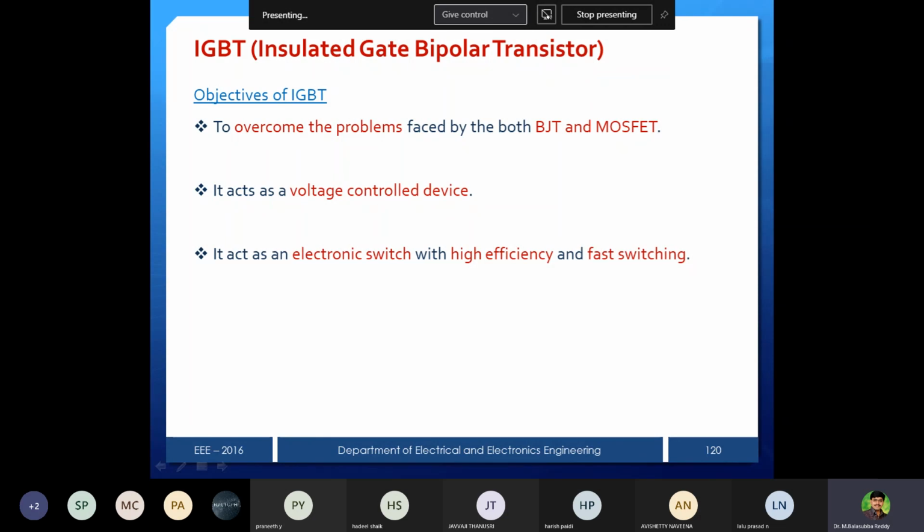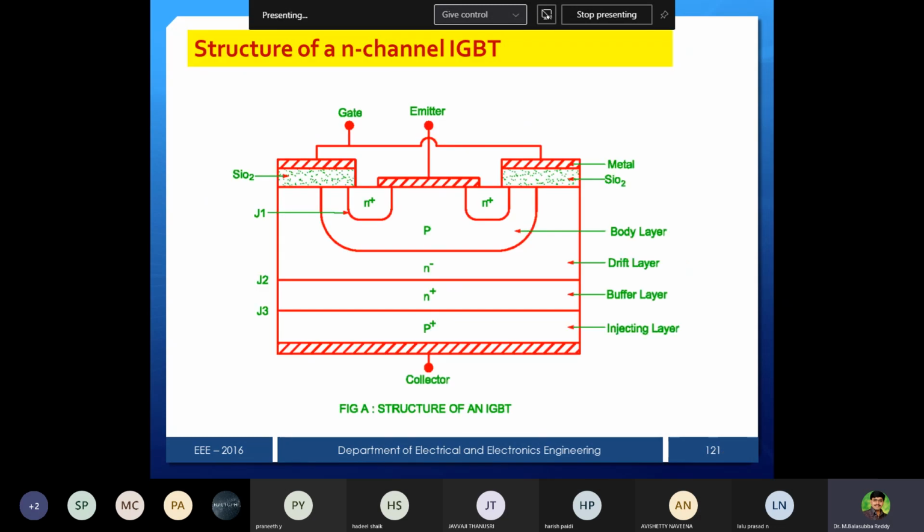Fast switching, in the sense that in our applications of the MOSFET, we use a high switching frequency. The reason is that the turn on and turn off times are very small, therefore we can operate this at high switching frequencies. Now this is the internal structure of an IGBT. You can see that as usual there is an n minus layer, the drift region, that is common